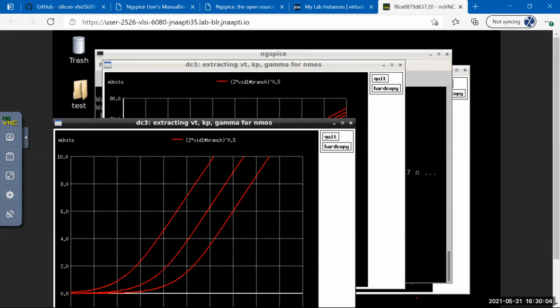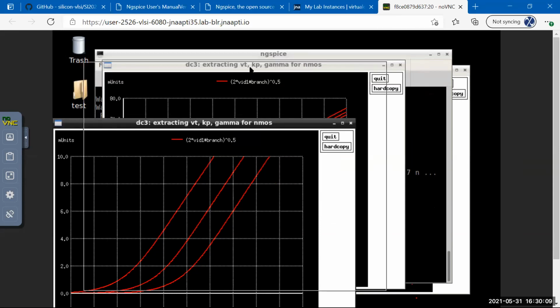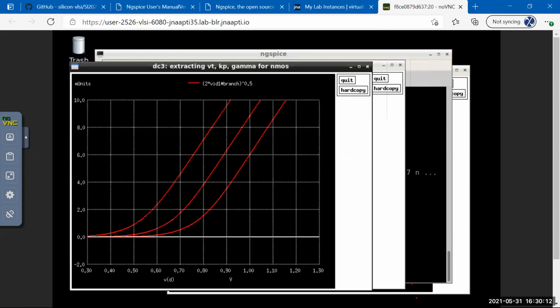And I think during Santanu's presentation, somebody, I think it was maybe Swades, asked, how do I know which one is for which? See, most simulators will actually annotate this. They'll put a legend saying that this is for VSB 0, this is 0.5, this is 1. NGSPICE doesn't have it, or it has it, I don't know. So you just have to figure that out on your own right now. But when we do maybe in Python or NuPlot, I'll show you how to get that information. Actually, this information, I still may not get it. But here in this case, we know it because